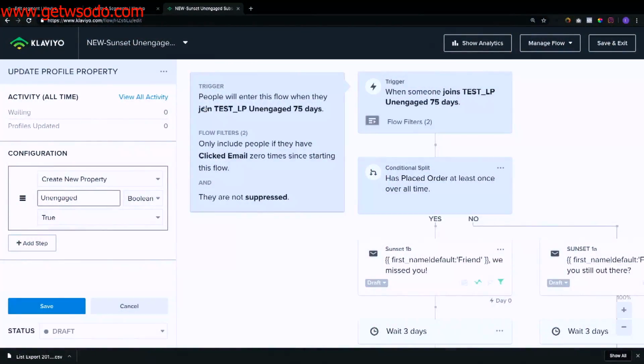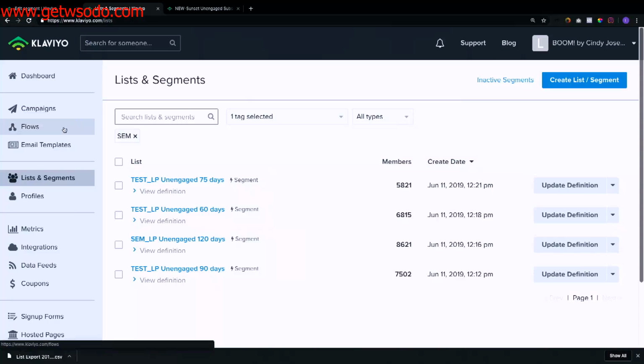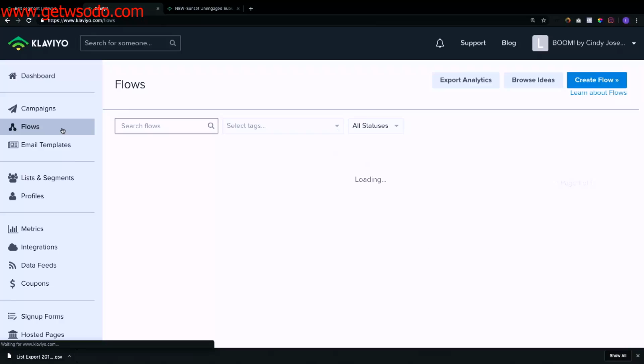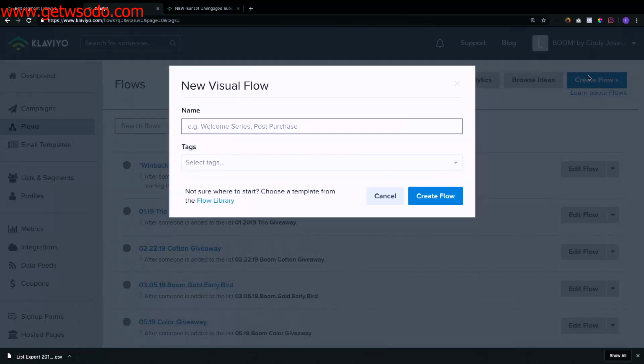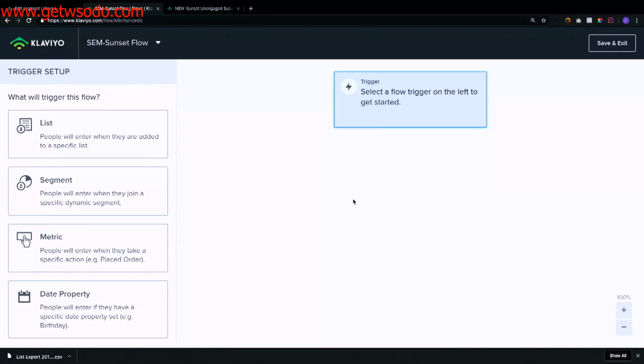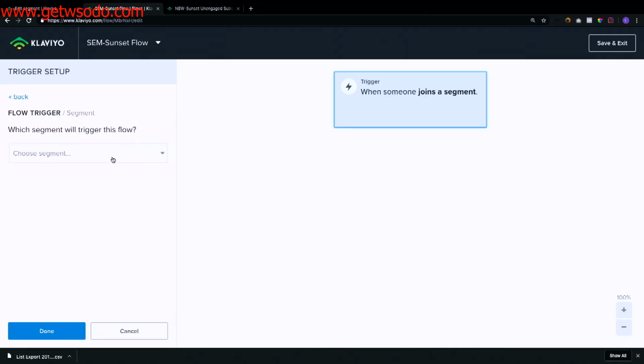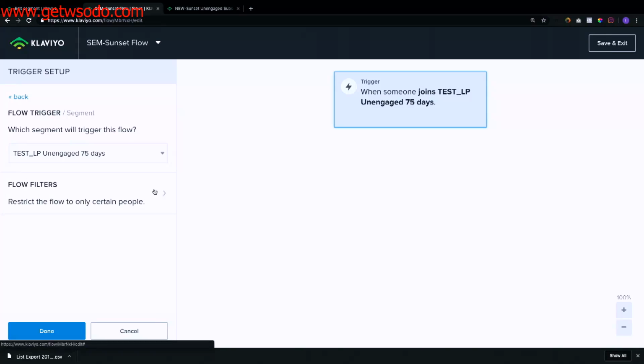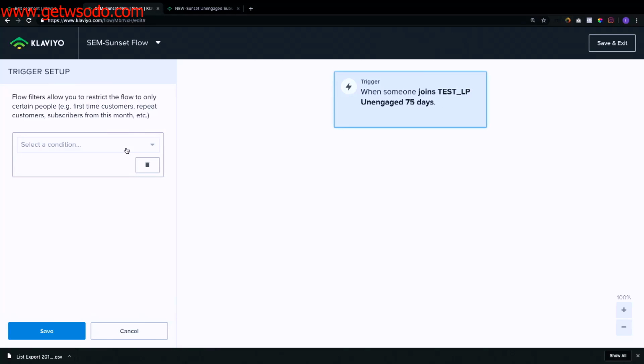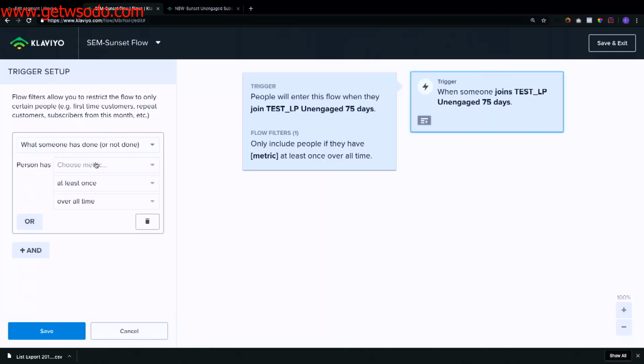So let me go ahead and show you how we set this up. I'm going to go into flows in Klaviyo. I'm going to hit create flow, and I'll call this SEM sunset flow. Create flow, and this trigger will be a segment. The segment is going to be unengaged for 75 days. And our flow filter, we're going to add a flow filter, is going to be what someone has or has